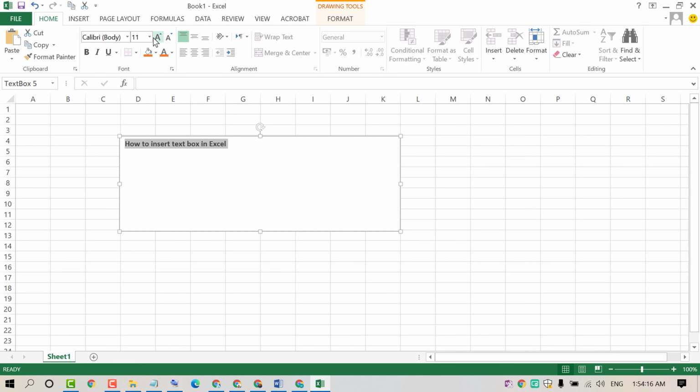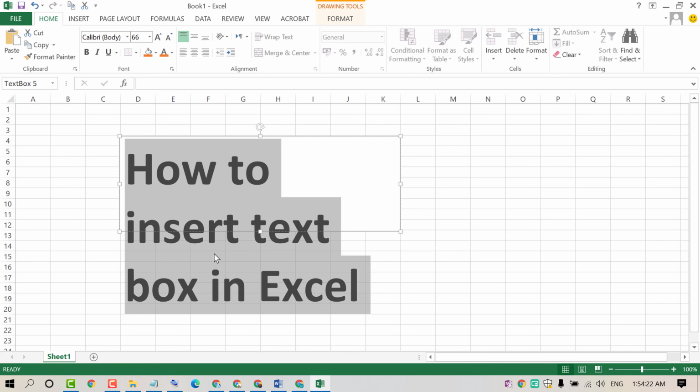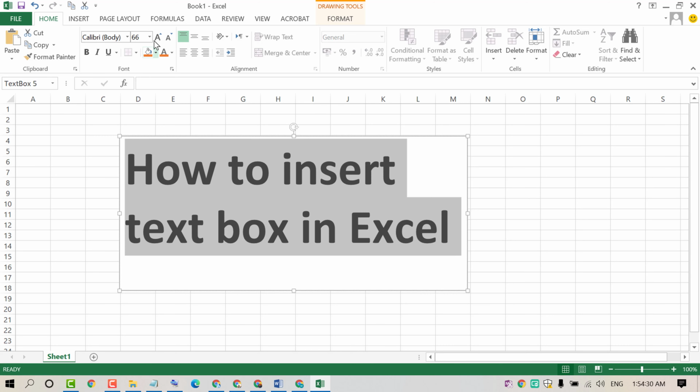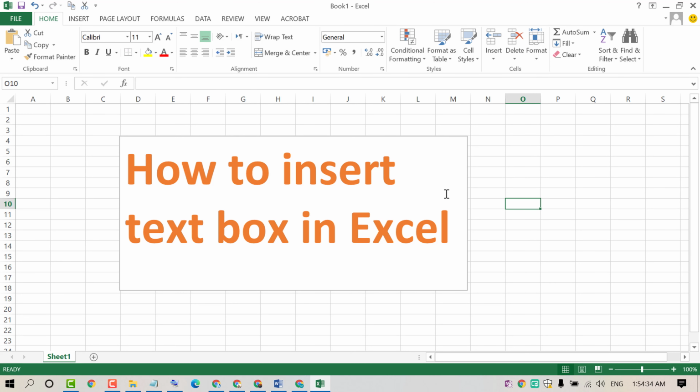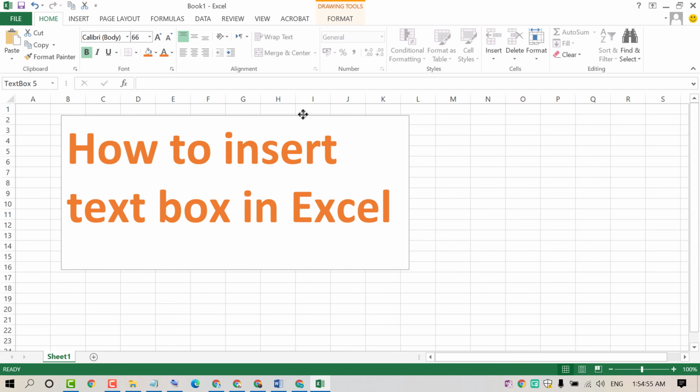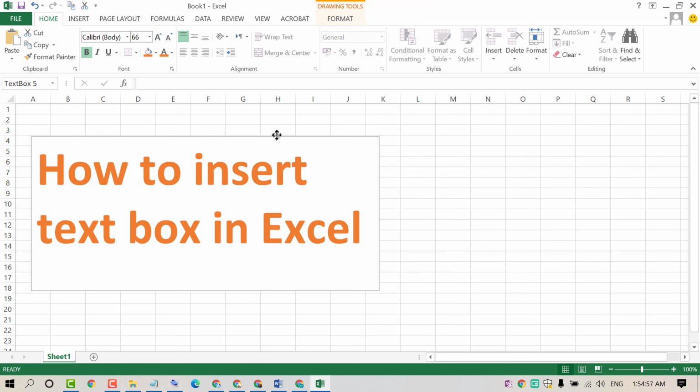You can change size as your content requirement, like this. And also friends, you can change placement for this text box. If you want to change, just click on it, and when cursor turns into 4 arrows, drag and drop where you want to use this text box,